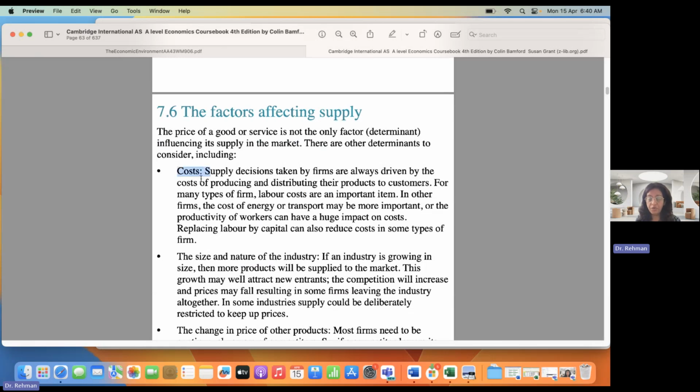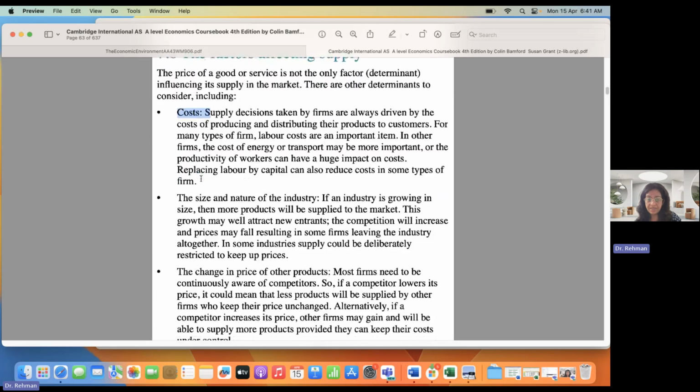So the first thing, what affects supply? The cost of manufacturing. If it is expensive to make something, the producers will make less. So as the cost increases, the quantity supplied decreases. Now, what kind of cost? Number one, the labor becomes expensive. Okay, the cost is increasing, less supply. Petrol or the raw material is becoming expensive, or maybe machines are becoming expensive. Technology is becoming expensive. In all these scenarios, the quantity supplied decreases. Okay, as the cost increases, quantity supplied decreases.